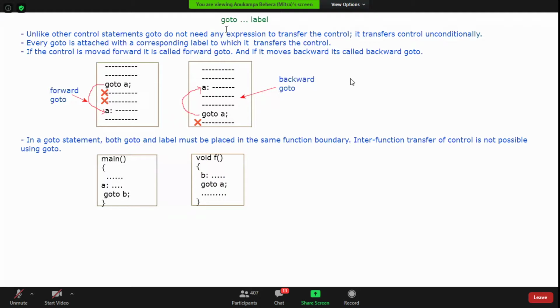Okay, now if you want, this b should come here, and this go to a should go here, right? But this is absolutely not possible. Why is this not possible? Because all of us know that the function is nothing like that. Because the function is, if you write b and go to b, this will work. If you write a and go to a, this will work.